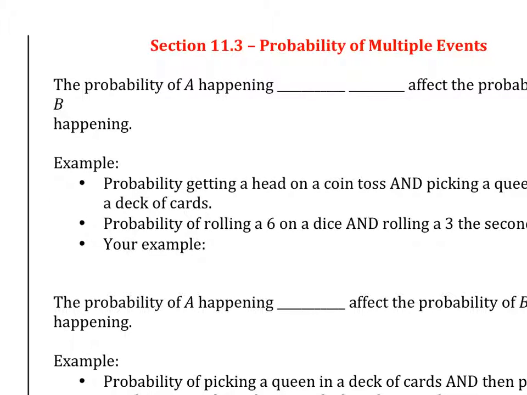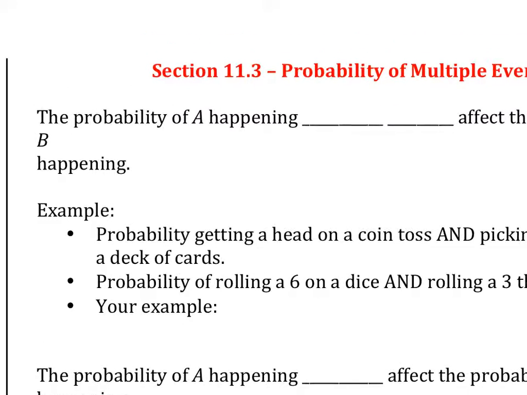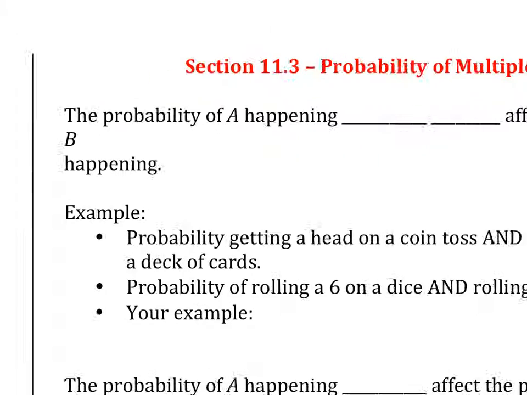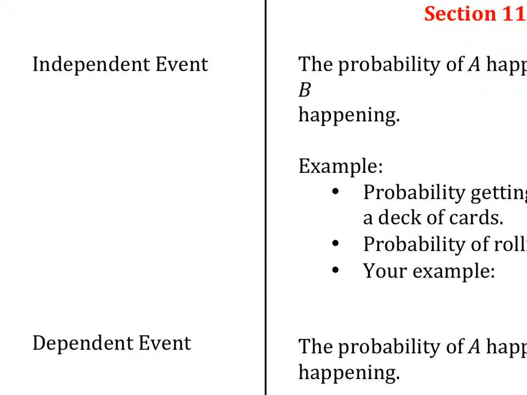All right, so now that we know how to do probability, we're going to look at a special kind of probability. Well, there's a lot of special kinds, but this is just one of them. Probability of multiple events, so multiple things happening together. There are two different words you want to learn. Independent event,